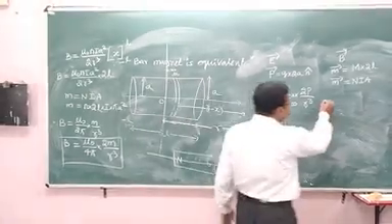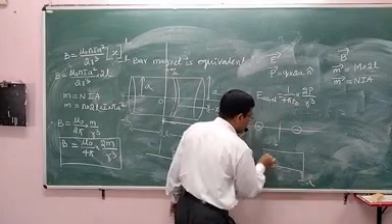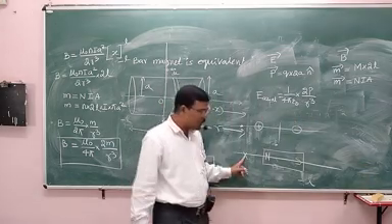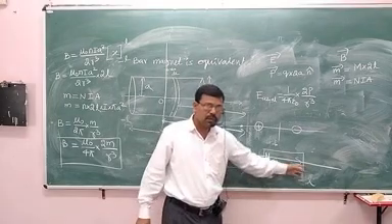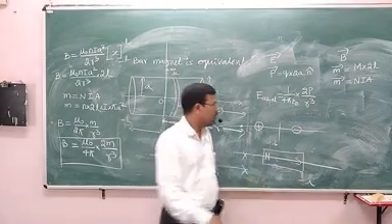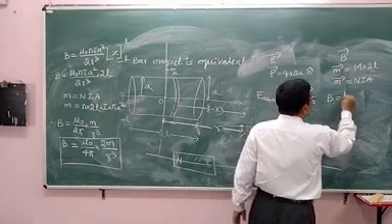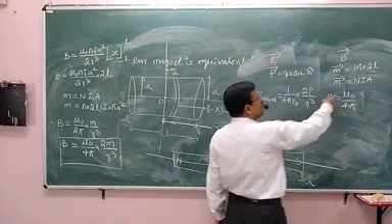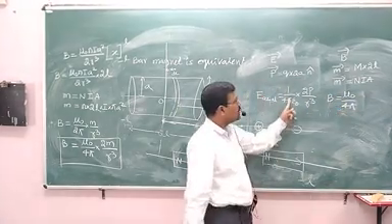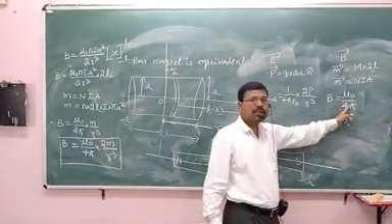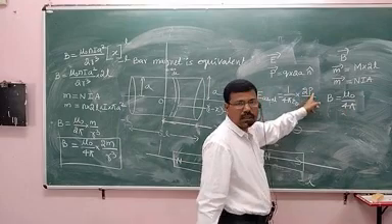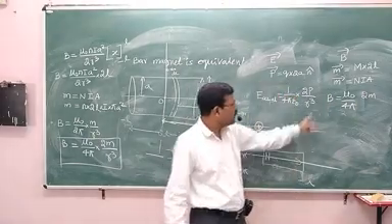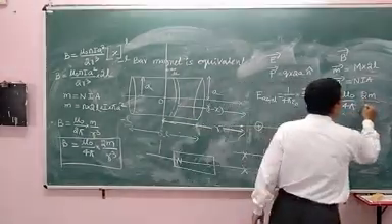Similarly, how do we write the magnetic field? Suppose we have a bar magnet with north and south poles, and we wish to calculate the magnetic field at a point due to this magnetic dipole. B is equal to mu naught by 4 pi. Here 1 by 4 pi epsilon naught is a constant, 9 into 10 raised to 9. Here mu naught by 4 pi is a constant, 10 raised to minus 7. Here it is 2 times the electric dipole moment; here it is 2 times the magnetic dipole moment. Here it is r cube, and here also it is r cube.